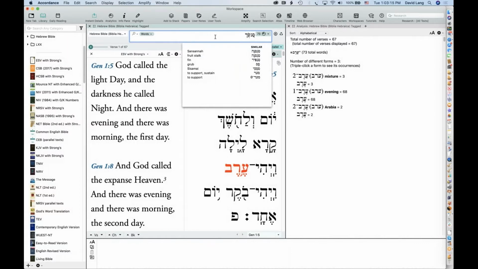If I then add another character, it'll change that kaf to a medial kaf and so on. But if I specifically want to type a final kaf, I can hold the Shift key down and type that myself. So the character palette is really the best way to learn the keyboard.